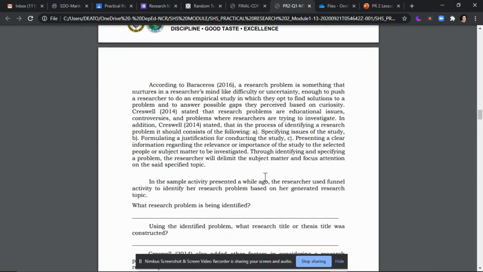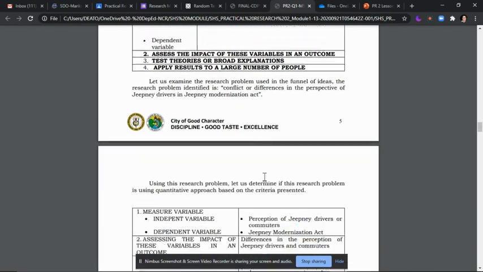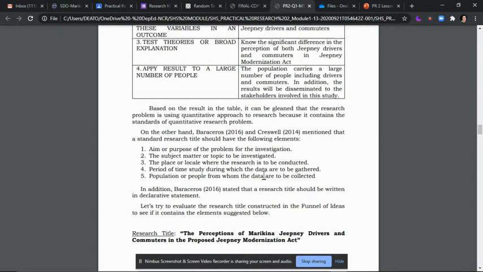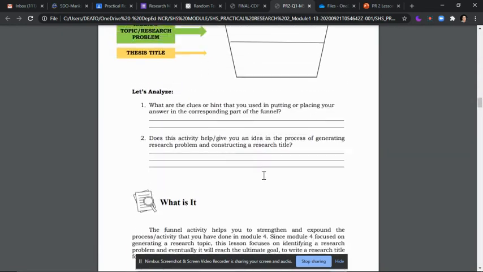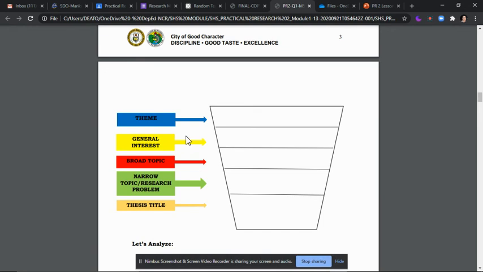Halimbawa, sige, forward na natin dito. Balik tayo pala dito. Nagsisimula yung pagbuo ng title sa team. Example, mahilig ako sa math or mahilig ako sa social issues. So, yun yung team. Mula doon sa mas malaking team, bubuo ka ng general interest. Ano yung interest mo doon sa social issues?